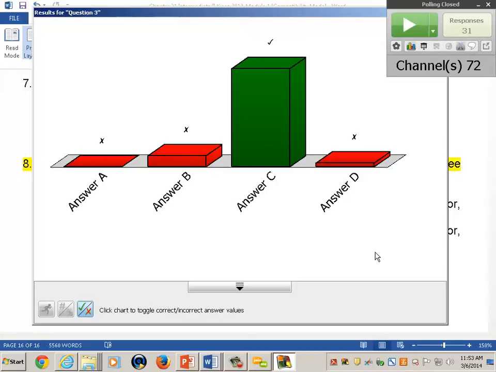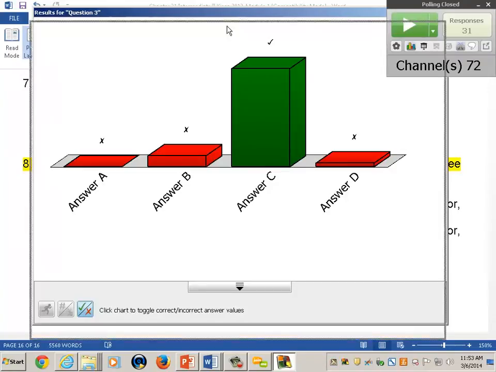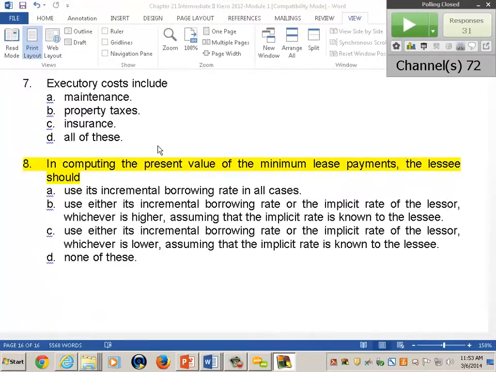Now, of course, that answer, C, is insufficient. Why do we use the lower of the two rates? What would be your explanation? If I ask that question, I think this is one of the assignment questions. Let's go back to the question. If I treated item C as a statement and I wanted you to explain it as either true or false, what's the rationale? Yes, Alan?